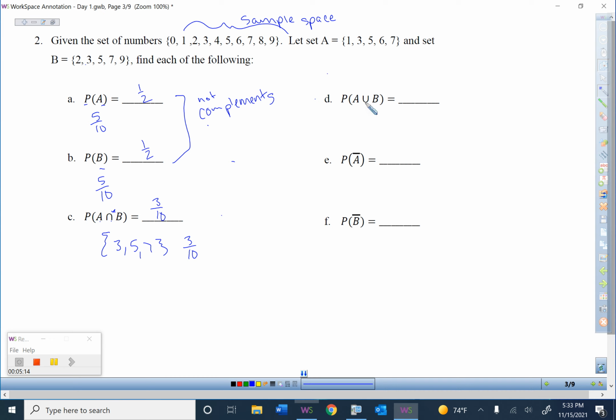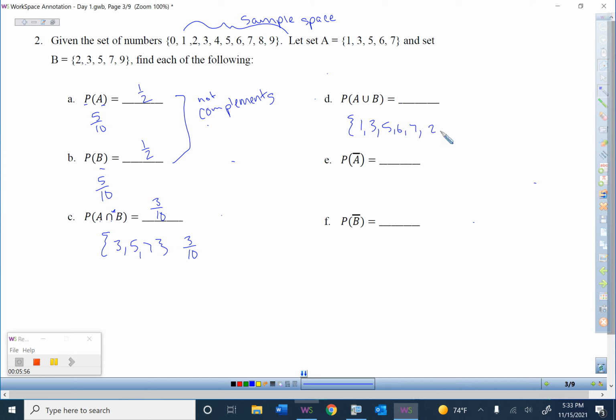If we look at this next one, it is asking for the union. Okay, what I want you to do is pause the video, see if you can write out what the union would be, and then go find the probability. Again, I like for these ones just to list out whatever comes first to start with. So I've got A first, just listing out,